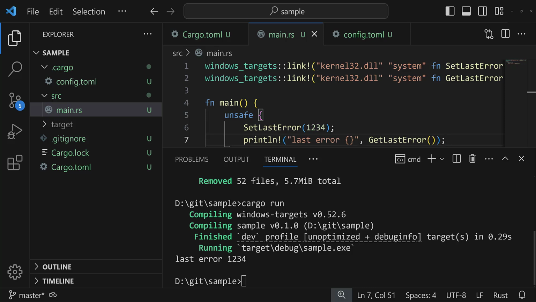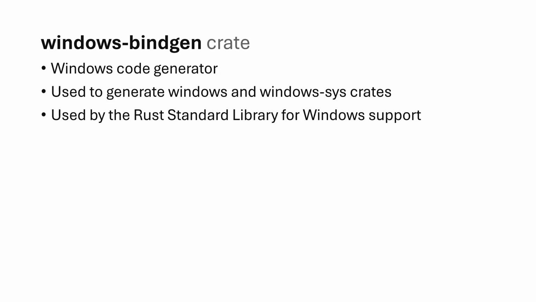Is there a middle ground somewhere between writing all of these imports by hand and the large prepackaged and all-encompassing API crates like Windows and Windows Sys? Well, as it happens, there is. Believe it or not, I didn't write those crates by hand, all 2 million plus lines of code. Nope, I wrote a code generator, and that same code generator can be used directly to generate bindings for just